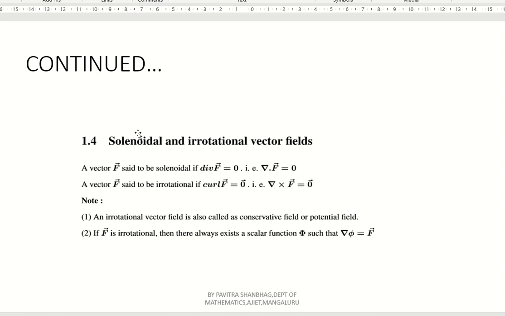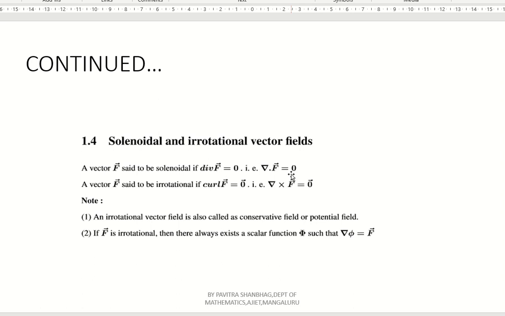Okay, now let us continue with two more concepts here: solenoidal and irrotational vector fields. Now we have already discussed gradient, divergence, and curl, and the gradient part we have already discussed. It is useful to find directional derivative, angle between two surfaces, unit normal vector, right? Everywhere it is important. But what about the vector quantity? A vector f is said to be solenoidal if the divergence of that vector equals 0, or div vector f equal to 0, or del dot vector f equal to 0.